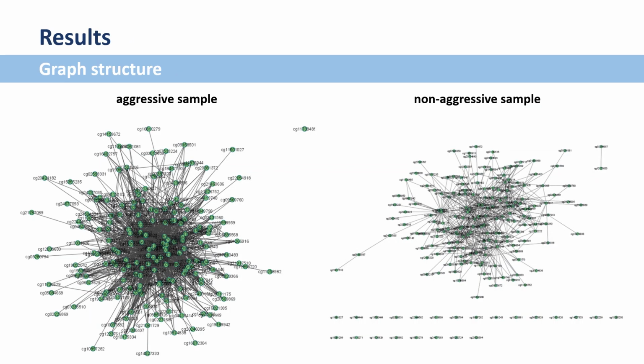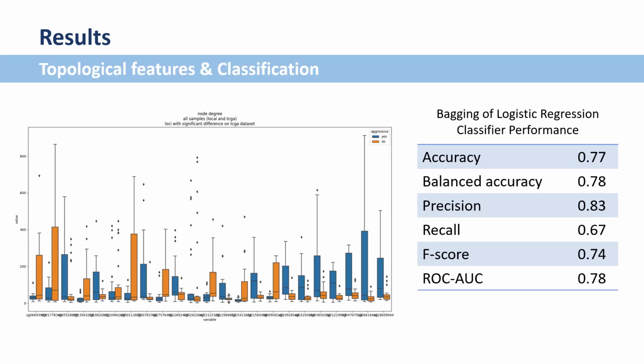Visualizing the graphs already highlights great differences between aggressive and non-aggressive samples, with the aggressive ones, as expected, being represented with more well-connected graphs. This difference is also reflected in the topological features. These box plots show the node degree in different loci for aggressive samples in orange and for non-aggressive samples in blue. Using the node degree, our classifier achieved a balanced accuracy of 78%,